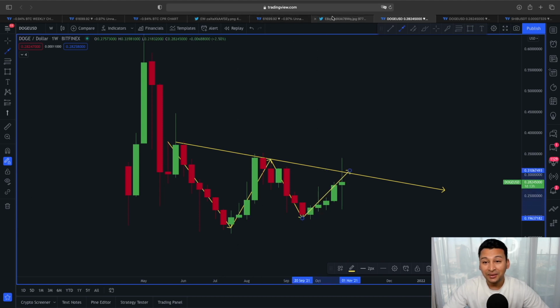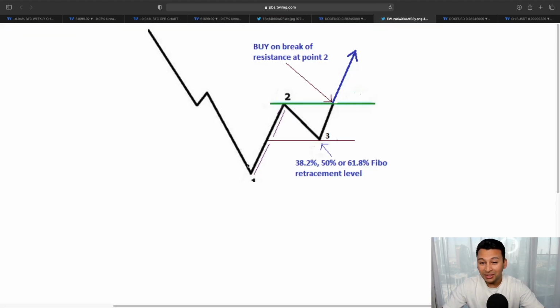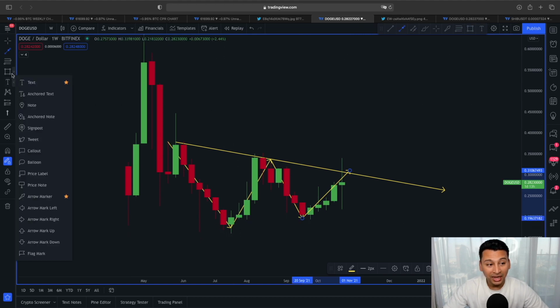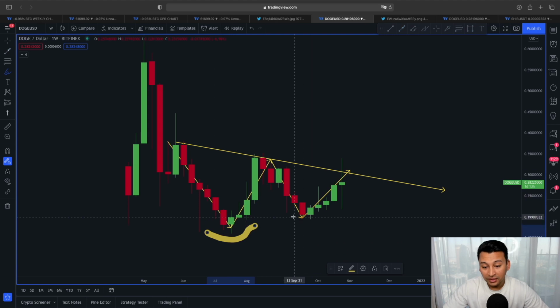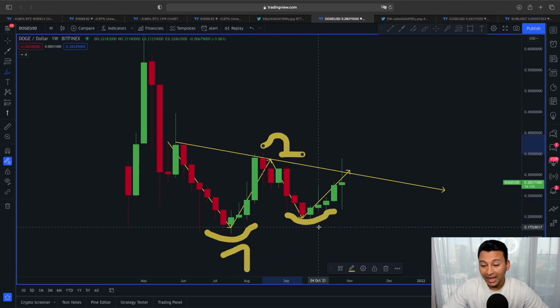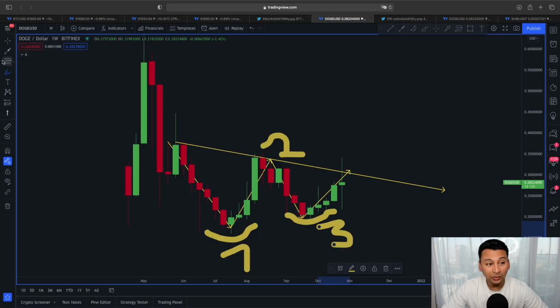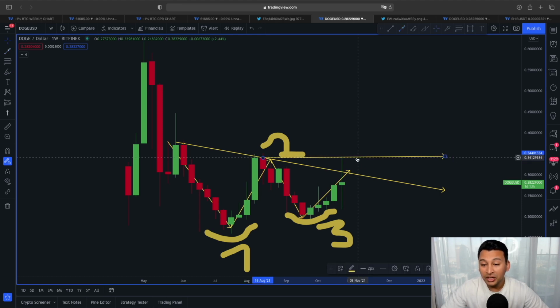This actually looks like a 1, 2, 3 reversal type of scenario. And in a 1, 2, 3 reversal, you can see the 0.3 area is always going to be higher than the previous low, right? So in our case, you can see this is going to be 0.1, this is going to be 0.2, and this here is the 0.3, just like as shown in the example. So now if we break the neckline of this 0.2, just like with the double bottom, right, the neckline of 33 to 32 cent, this line must be flipped into support.